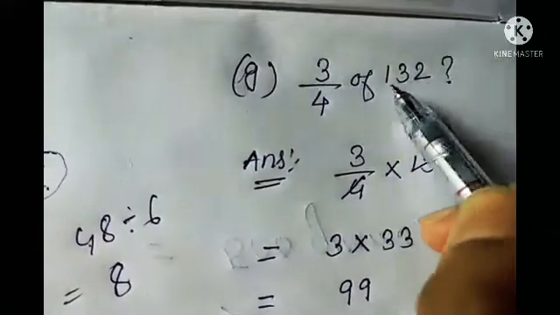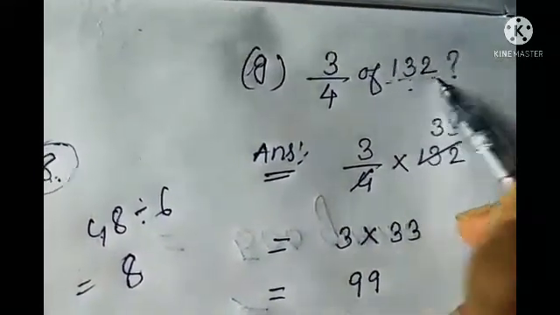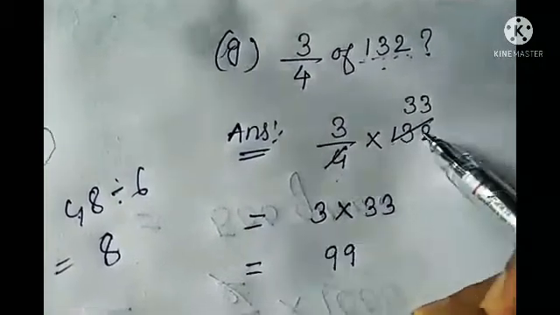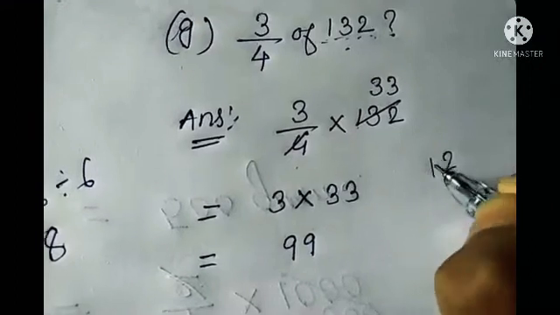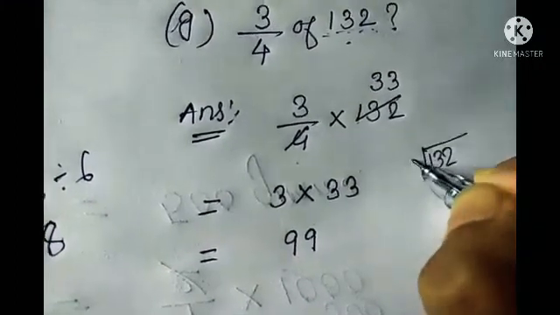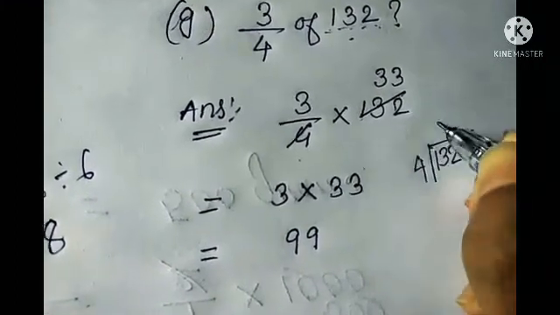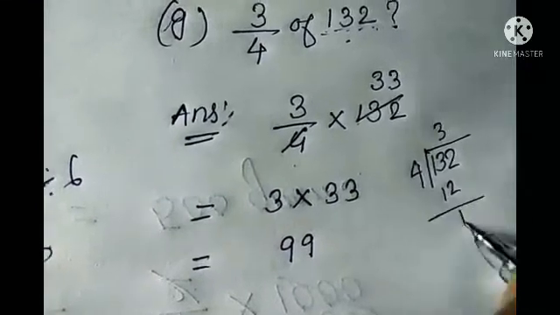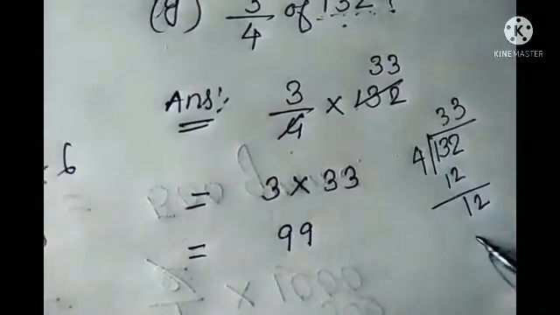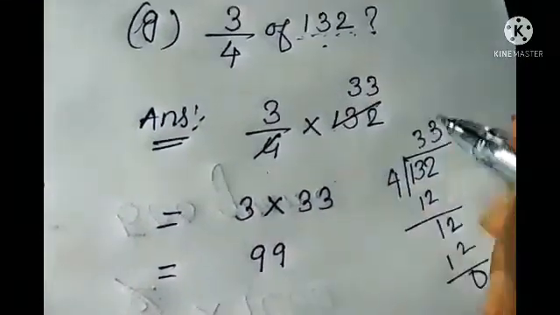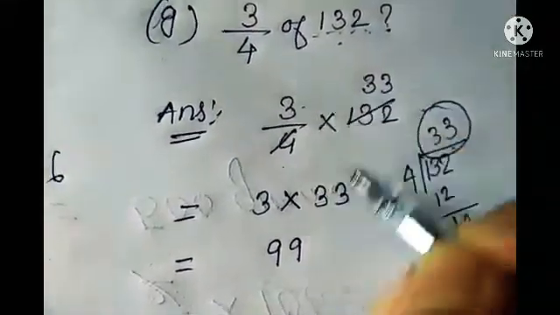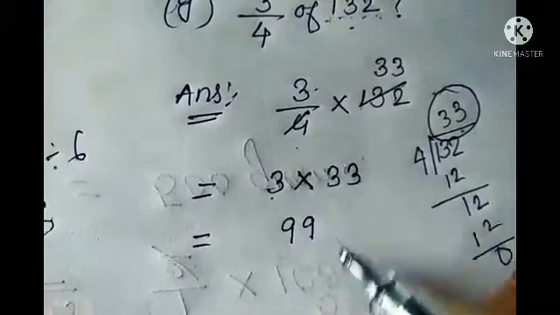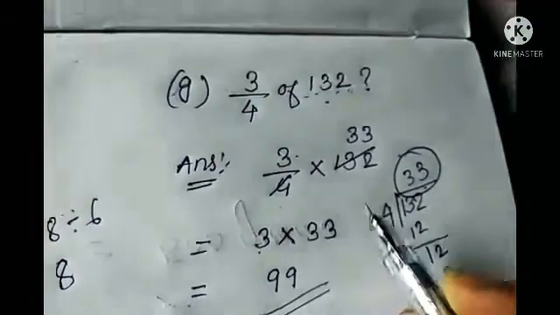Okay, again I am showing you for a greater number like this. Here you see 132. While cutting in this way it may be difficult for you, so I'll suggest you do division this way and you can find out. So 3 4s are 12. Again it is 12. So 3 again 12, right? So you are getting the number 33. So you can multiply now. So 3 into 33 will give you 99. So this is the answer.